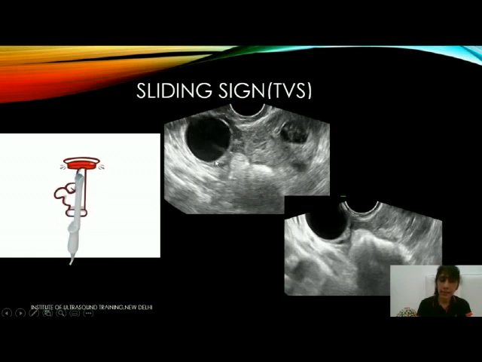Because we can see the crescent here. So this area we are sure it is within the ovary, but this one we want to know. So we slowly, gently push the probe inside, and you can see, what is this white area? This white area is a bowel loop, giving shadows. You can see air shadows also. And you can see I have been able to push this bowel loop between the two areas, and you can see that they have been separated. One has moved this side, the other has moved this side. So this is called the sliding sign.